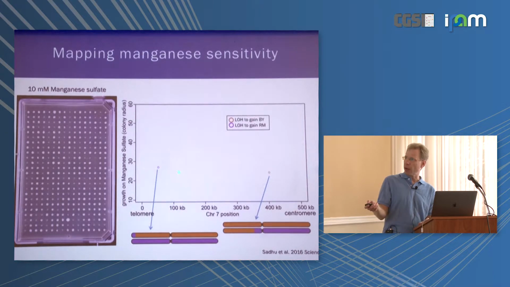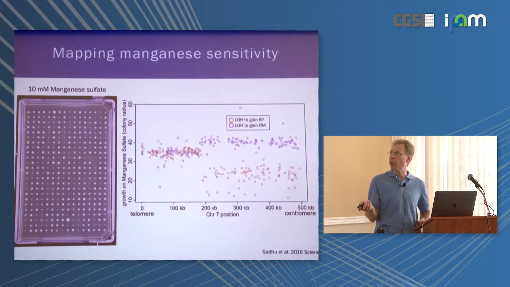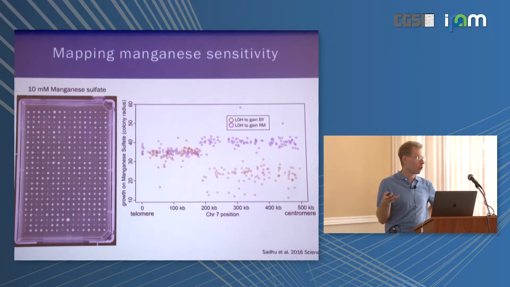So here's one colony that went in the direction of homozygosing in the direction of the vineyard strain. And here's one closer to the centromere that homozygosed a much larger region in the direction of the laboratory strain. So obviously from these 2 points you can't tell anything, but once you look at this for all 400 or so strains,